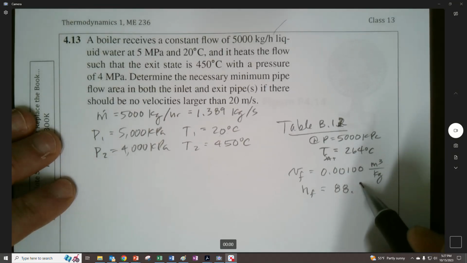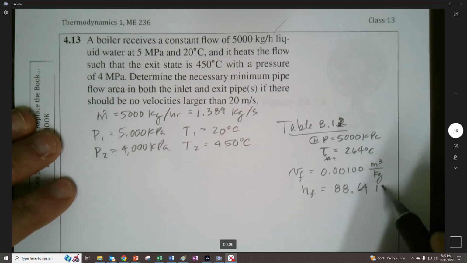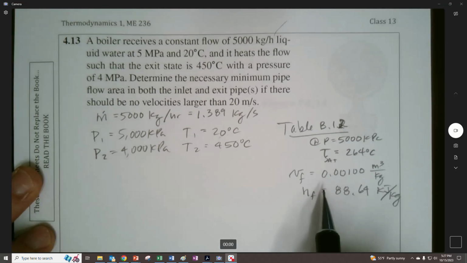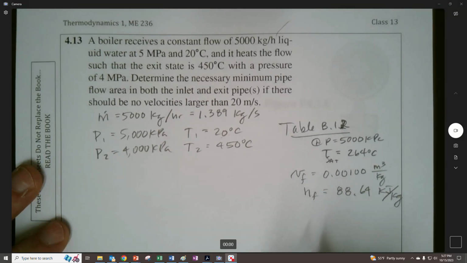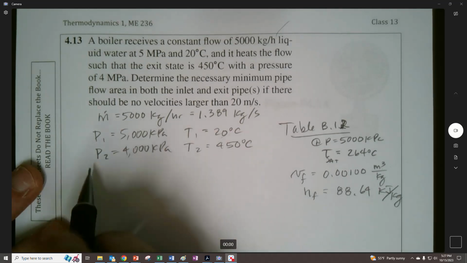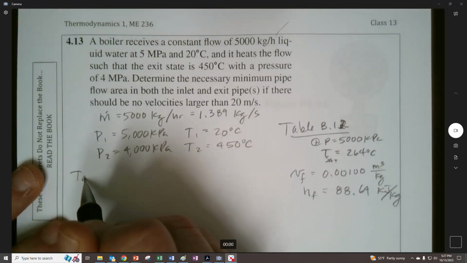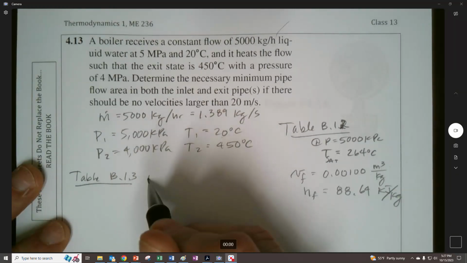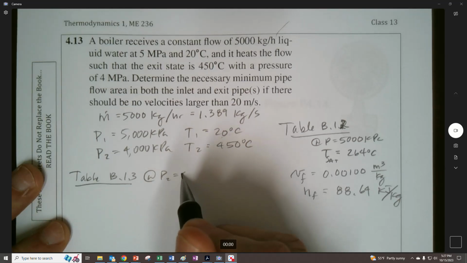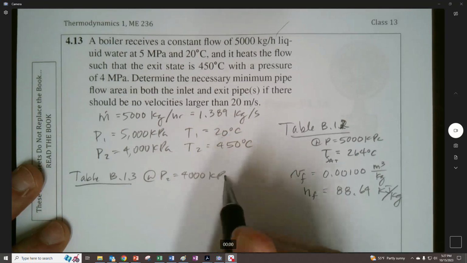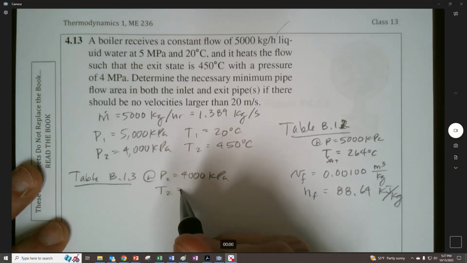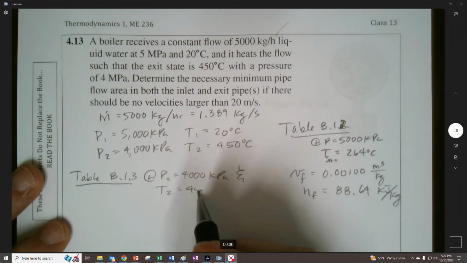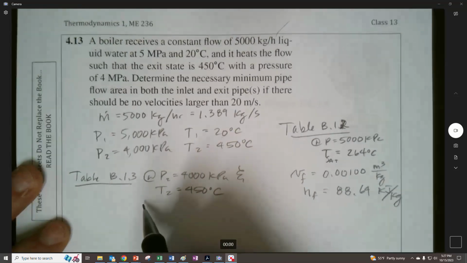enthalpy coming in. Right. So this is actually from the next stuff that we will be doing in the next class and be doing a lot of, but we would almost always want to get the enthalpy in something like here. Also, let's see. I wrote this over here. I don't know why. I'll go back over here for table B.1.3 and look up at P2, 4,000 kPa and at T2, 450 degrees Celsius, we will see that we are in fact